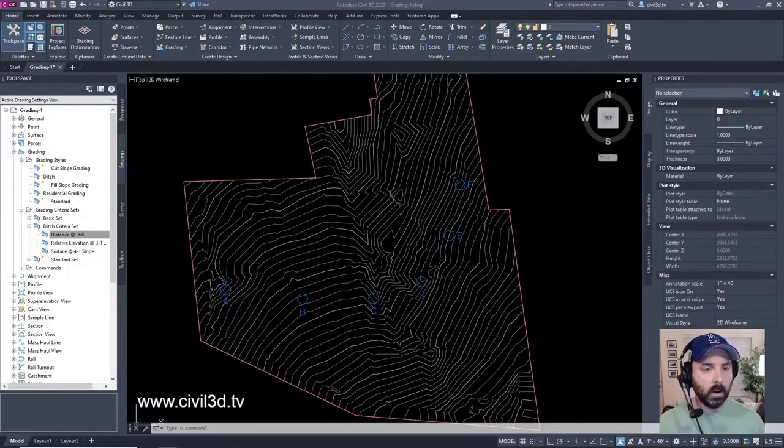When designing a grading, you must often adjust the elevations along the feature line. So within AutoCAD, you have something called a 3D polyline, right? However, I believe you can only specify, if you're going from one point to another on a 3D polyline, I'm not sure if you can insert points along the way.